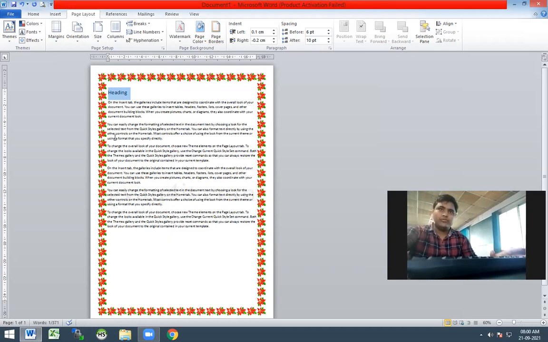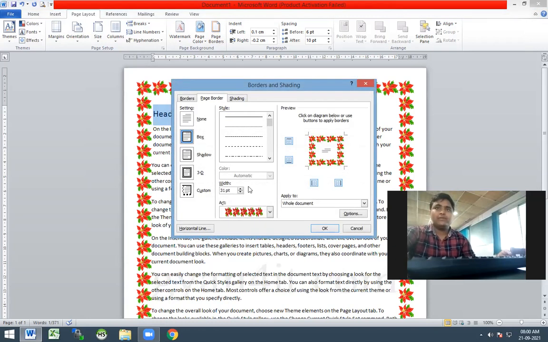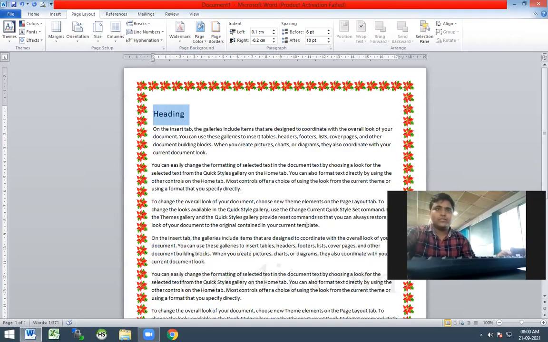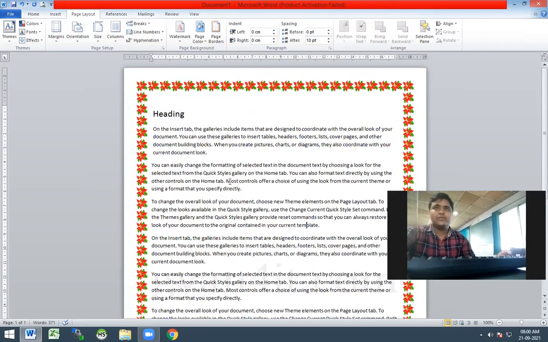But whenever you enlarge it, you will have the content like this, but the border line is going to cross the document line. That means we need a gap between this one. Then we have to go for this one and reduce the size of the border a bit, and it will give a good appearance to the document. So it is a way to do that.